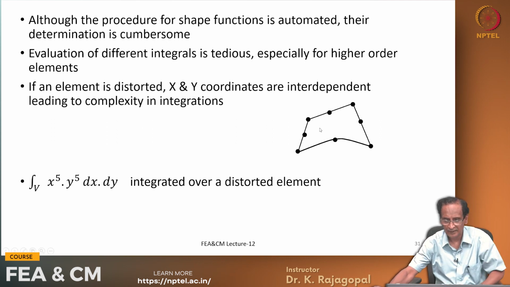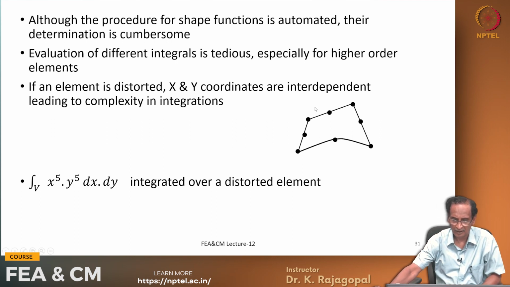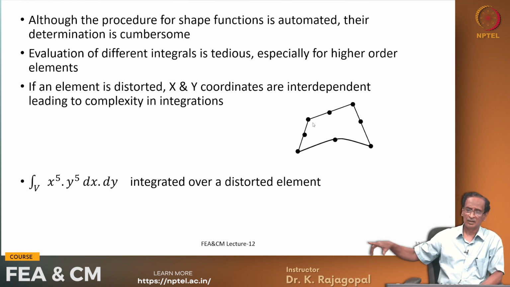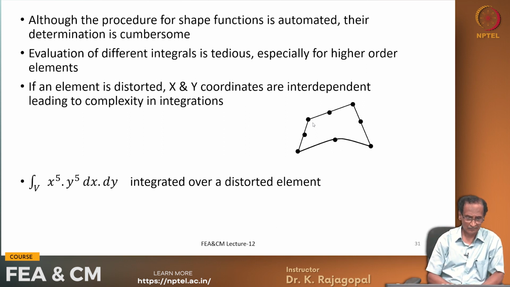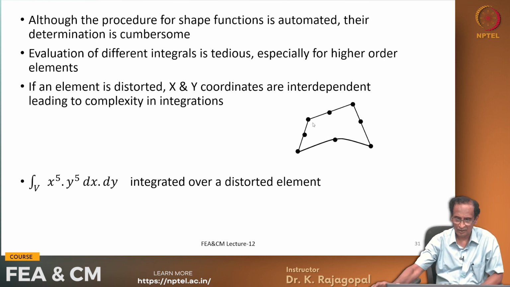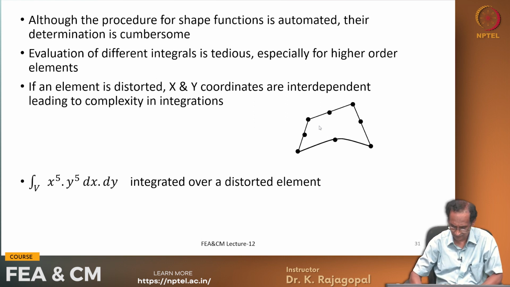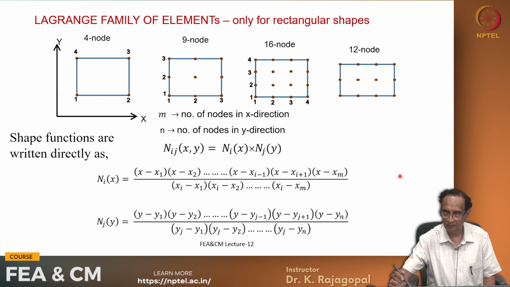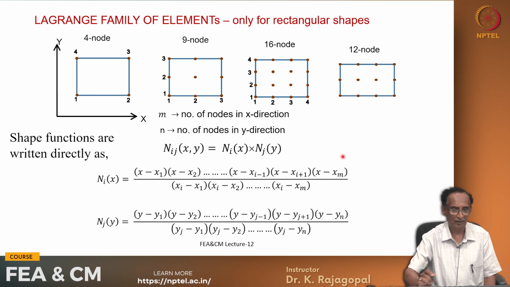the two coordinates are not normal to each other, not orthogonal to each other, whereas previously we had seen x is along the x axis and y is along the y axis. They are perfectly orthogonal to each other. Okay. And so, if your shape is like this, then it is difficult. We cannot easily do the integrations. So, the new family of elements that are developed are the Lagrange family of elements, and these are pure rectangular elements,